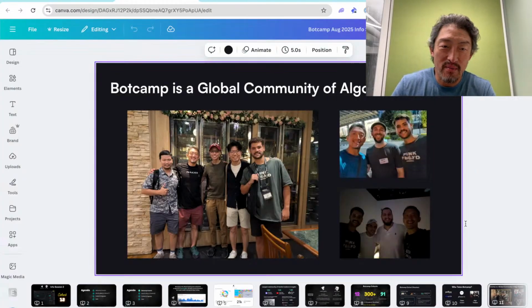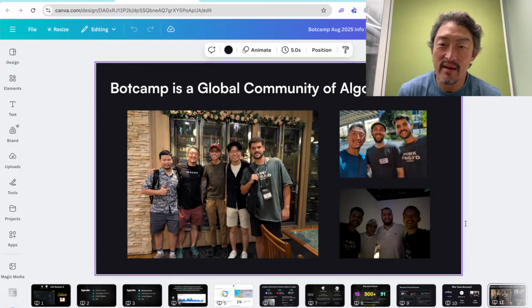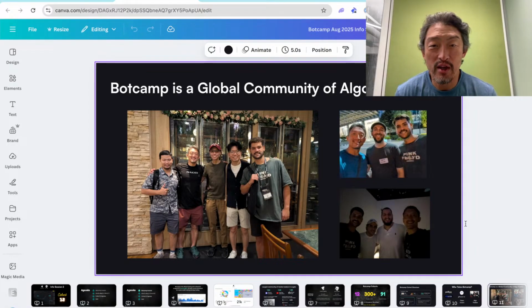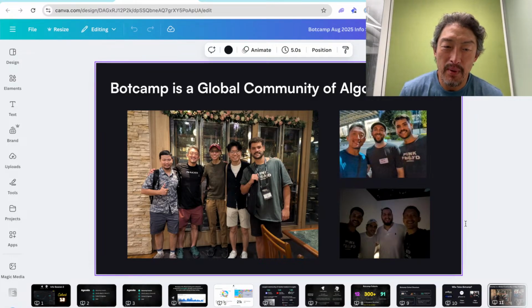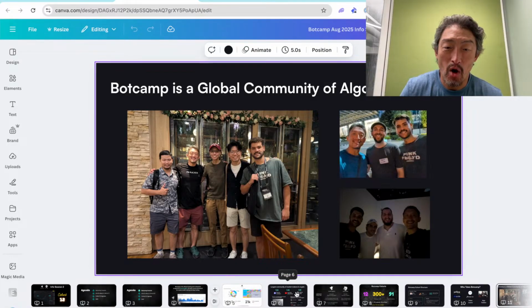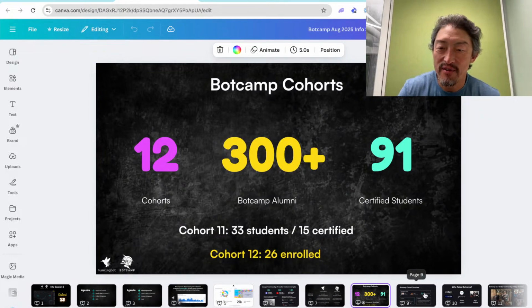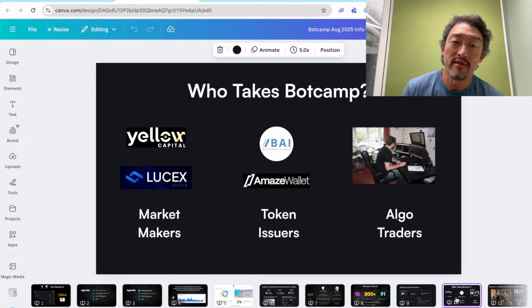Let me pause here so I don't disrupt everyone. But if you're interested in doing that, and you just want to join the Discord and learn for free, you can join that. We also offer YouTube videos, but I think Botcamp is probably the main way that people learn market making through Hummingbot, because it is more intensive, and we offer personalized instruction.